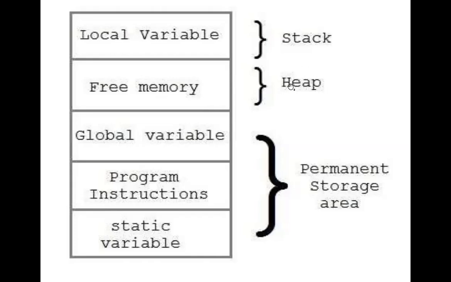And there is another part which you are going to learn now, called the heap. Heap is free memory, a free space for you, and it will be used to do something called dynamic memory allocation. That is what you are going to learn now: how to use this heap part. So far you have been using only the permanent storage and the stack. Using pointers we are going to use the heap. All these parts will be present for every program you write.